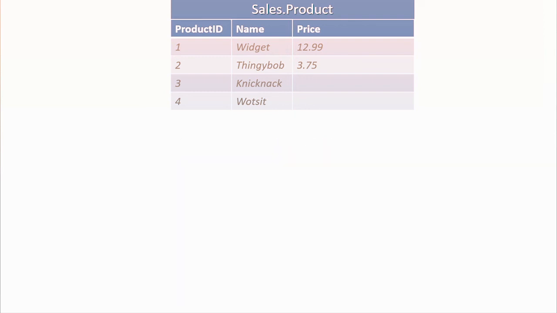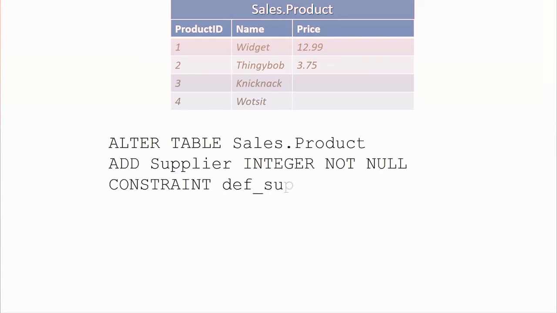So we create our table with these 3 columns: our product ID, our name, and our price. After I've created it, I might want to alter that table and perhaps add an additional column. So we've got this create table statement to create a table, and an alter table statement is used to modify the definition of a table. We're not modifying the data in the table, we're modifying the table itself. So I'm altering the table, and in this case, I'm adding another